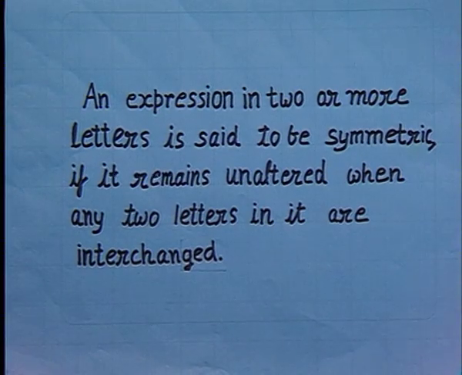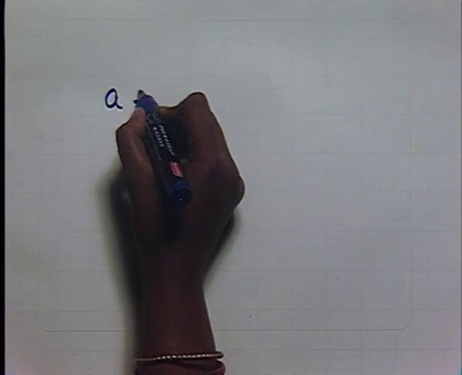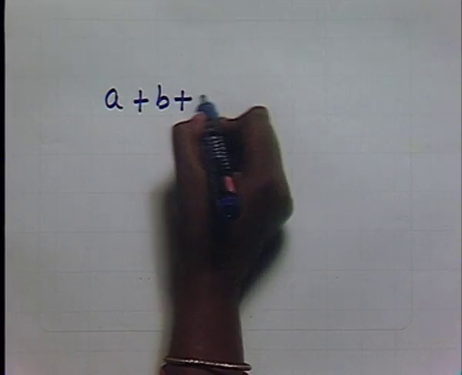Such expressions are called symmetric expressions. So, what are symmetric expressions? An expression in 2 or more letters is said to be symmetric if it remains unaltered when any two letters in it are interchanged. A few more examples of symmetric expressions are a plus b plus c,